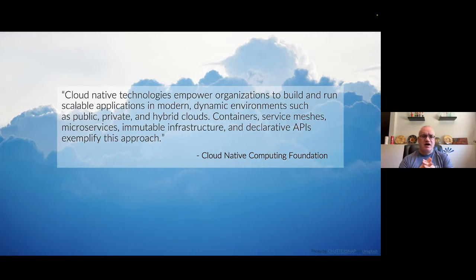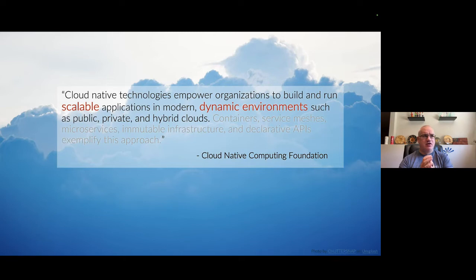And there's even a Cloud Native Computing Foundation, and this is the definition that they have. Now, I would strip this down a little bit further. I would strip this down to just the first half of this statement, because I think this first half really talks independent of the underlying